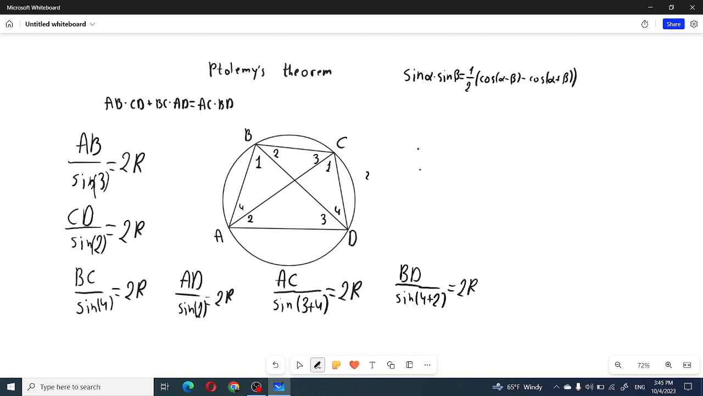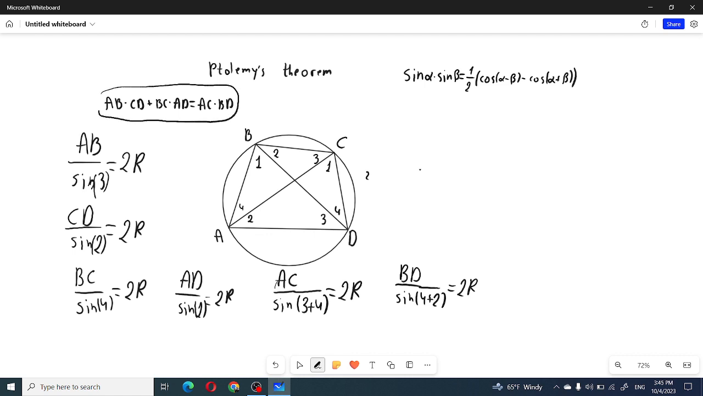Here I have already assigned AB, CD, BC, AD, AC, and BD in terms of radius and sine of appropriate angle. If you don't know about law of sines, you can see my videos about how to prove law of sine and how to use it. After using these formulas, we can rewrite this equation,